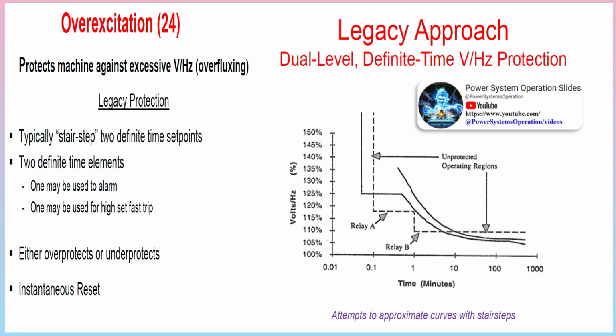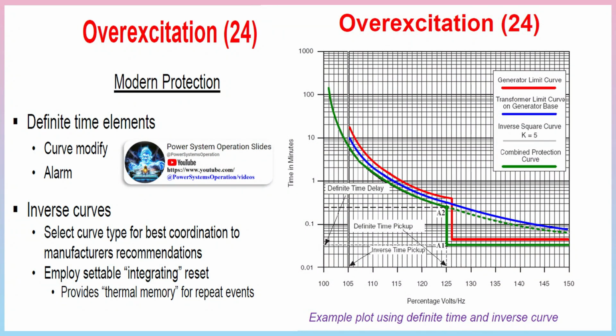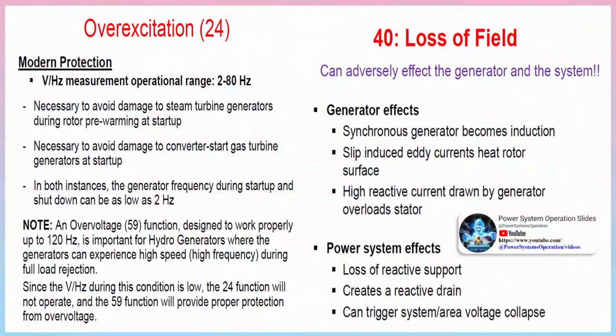Overexcitation is measured as a high volts by Hertz ratio. Normal is 120 V by 60 Hz, equal to 1 pu. Voltage up and/or frequency low makes an event. The issue is overfluxing of metal, which causes localized heating, and heat destroys insulation, affecting generators and transformers. Causes include generator voltage regulator problems: operating error during offline manual regulator operation, control failure, and VT fuse loss in the voltage regulator AVR sensing voltage. System problems include unit load rejection, full load or partial rejection, and power system islanding during major disturbances,